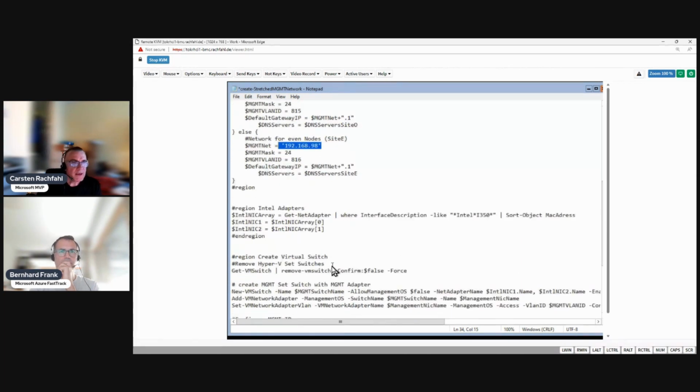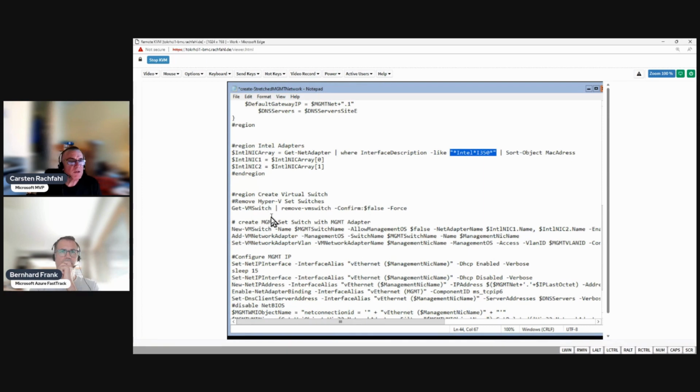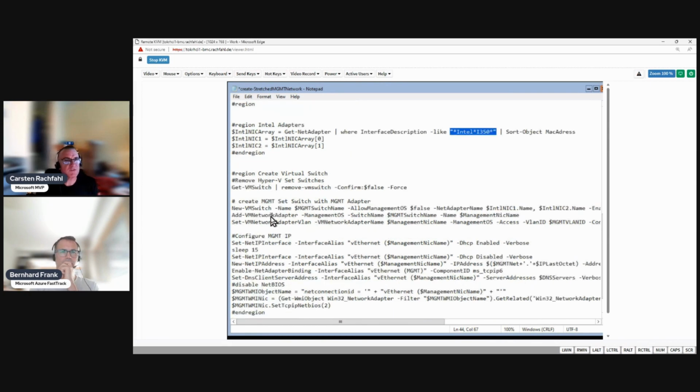Then we want to create a SET switch on two network adapters. So we have to catch them somehow, and I use the name in the interface description. There's the I350 in it, so I get the two adapters and have them in that array. Then I will clean up a bit. I will remove the VM switch if there is one and start from scratch. Here we create our VM switch